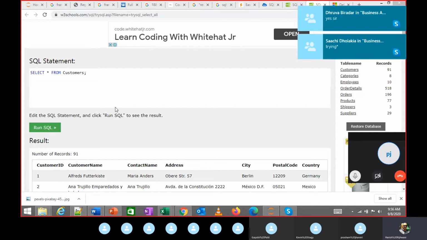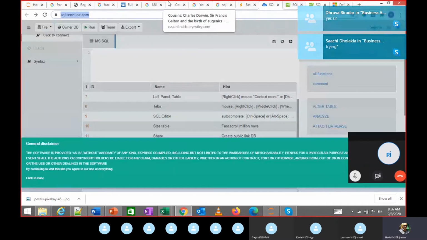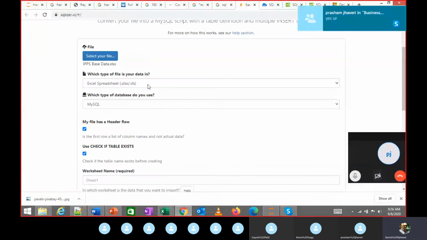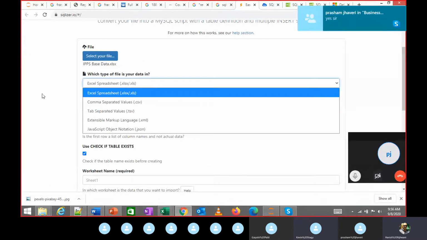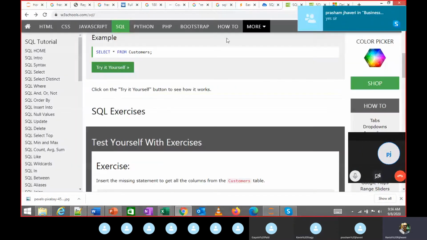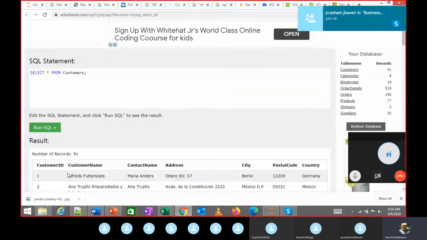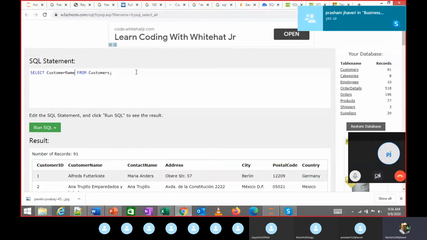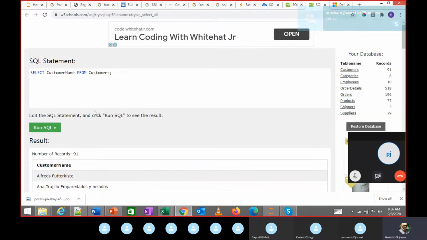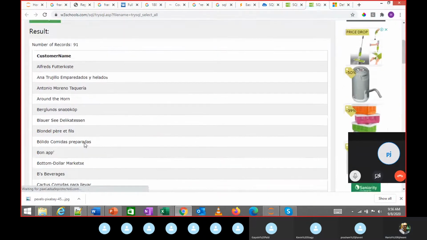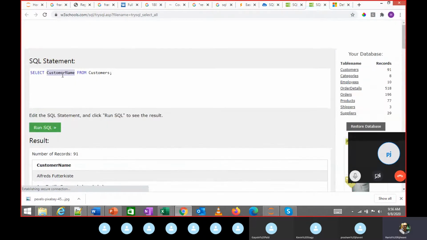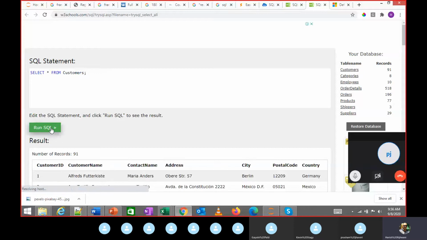Till that time, I'm going to try something. So what is star? Star indicates all the columns. So instead of the star, now I know customer name, right? So if I write customer name, it will fetch only the customer name column. Star is telling me I want all the columns in this particular table.